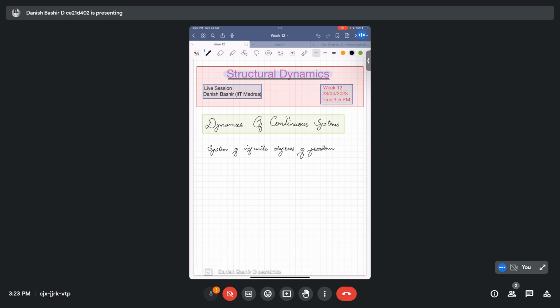We were not able to cover all the modules that are present on the NPTEL portal, but I tried to cover most of the topics that are listed there on the site. Starting from the basic concepts, we discussed that thoroughly in the first week. Then I discussed free vibration of single degree of freedom systems, and we studied that thoroughly,